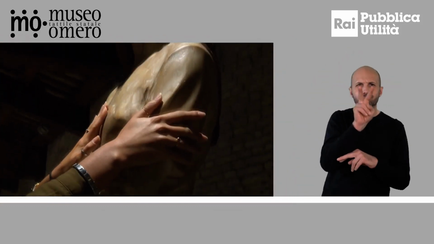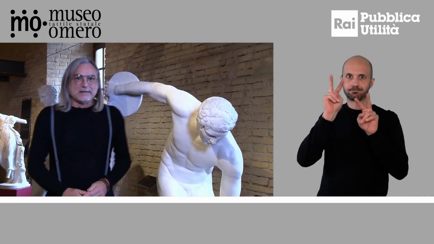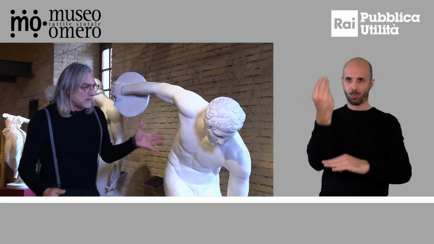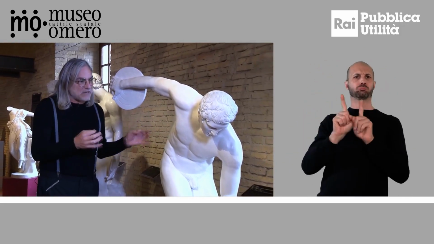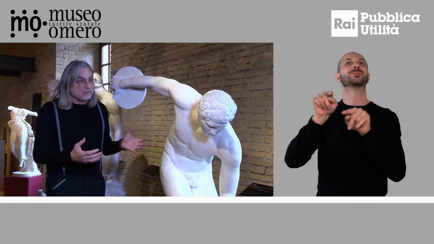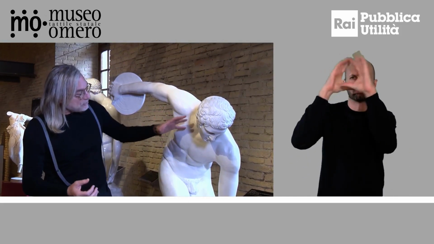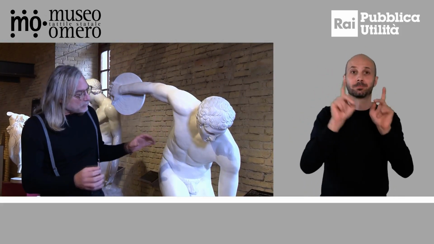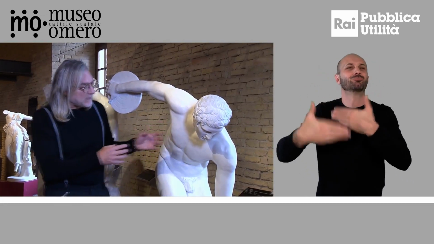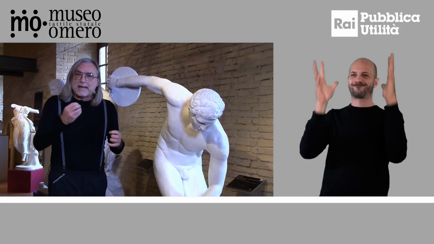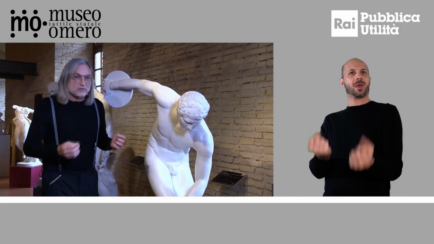The tactile reading of a work of art is not different in terms of procedure from a visual reading. For example, if we look at this statue, we first receive an overall image, sort of a first glance. Then, if we want to better define the image of this statue, we need to shift our focus and grasp all the details in order to have a detailed analysis of the image, a well-done synthesis of the image.